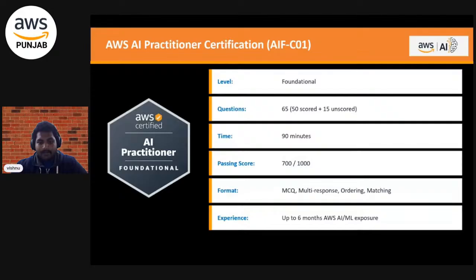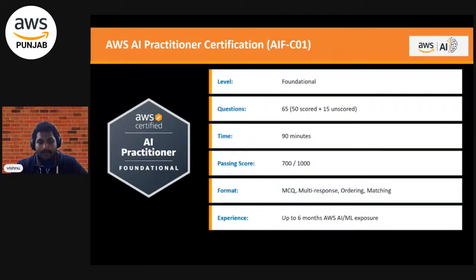And let's explore what the AI practitioner certification looks like. If you are new, we might think about how things work here. If you already did some certification, you should have some knowledge of how things work. So AWS AI Practitioner is a foundational one, which has a total number of 65 questions, and the time will be 90 minutes. The passing score would be 700 out of 1000. You may not be sure how many questions need to be right, but there are 15 unscored questions,